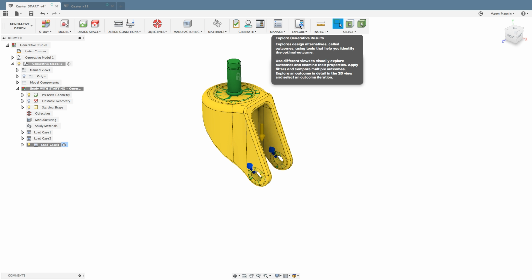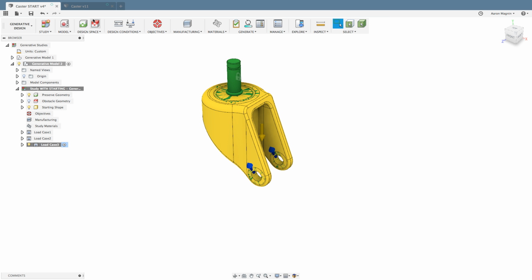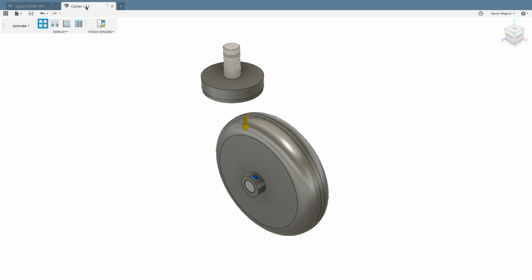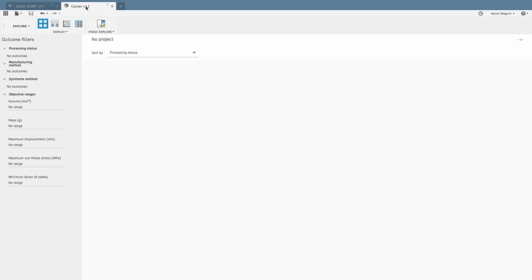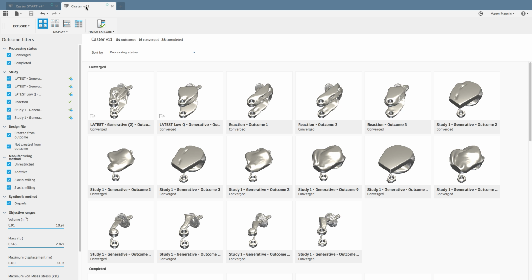And with that said, let's go ahead and take a look at some of this exploration and some of the work that we've created with a previous example. And like I mentioned, there were some mistakes in some of the setup that I did here, and that happens, right? But here you can see some of these results, and what's really neat is that you can sort by study, and in this case it looks like I forgot to rename some of my studies, so learn from my mistakes. You can do things like isolate the ones that I've already exported,